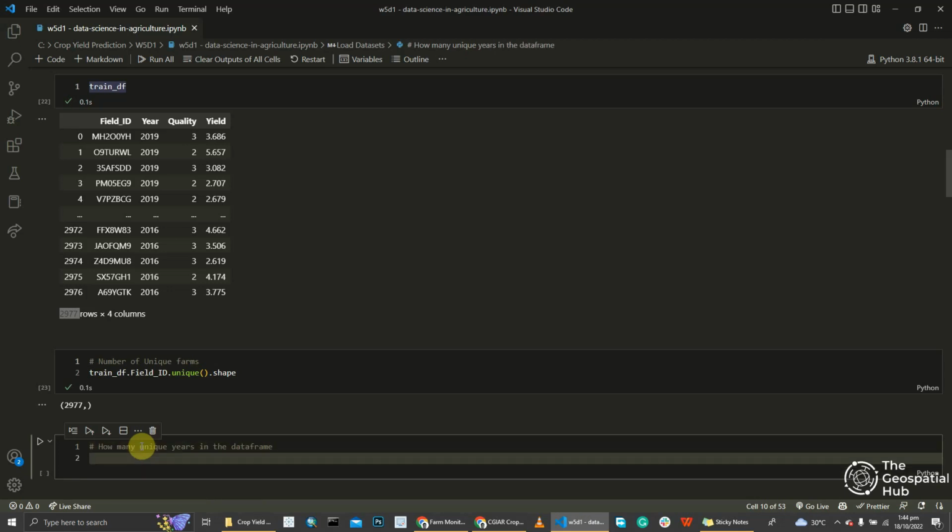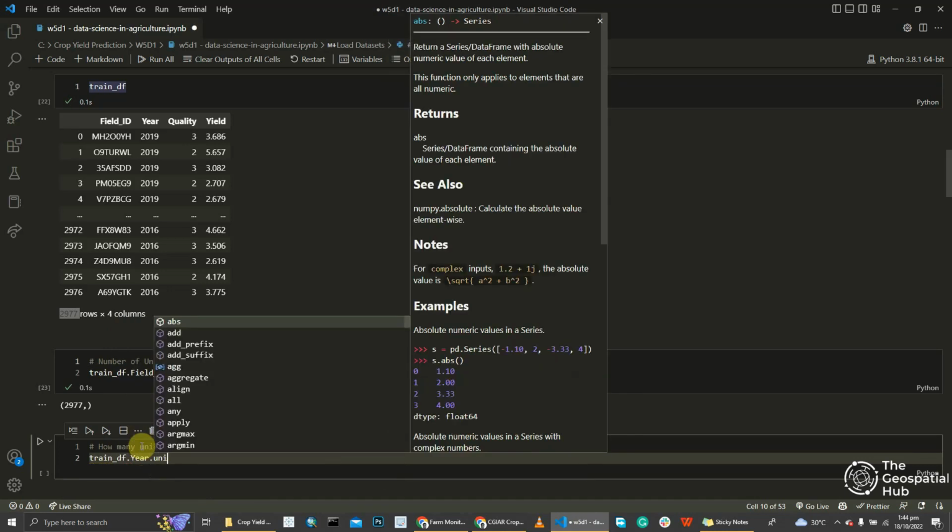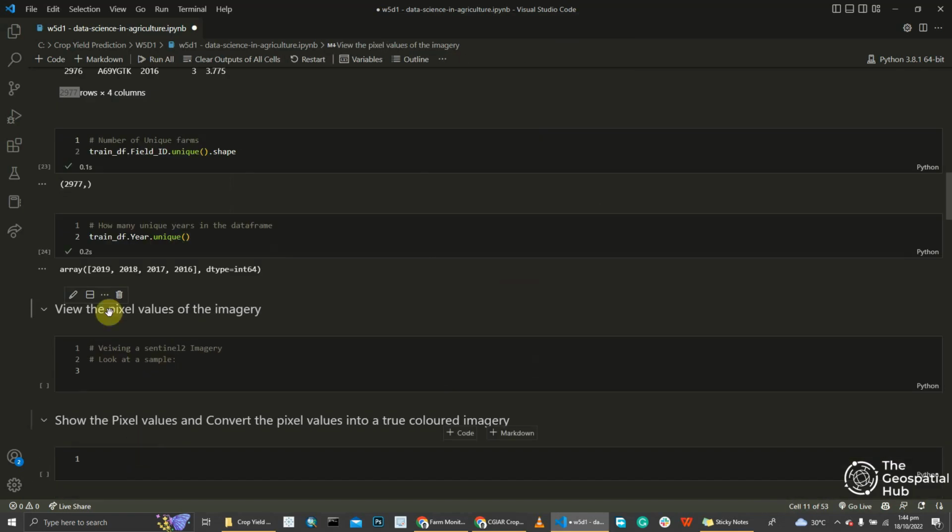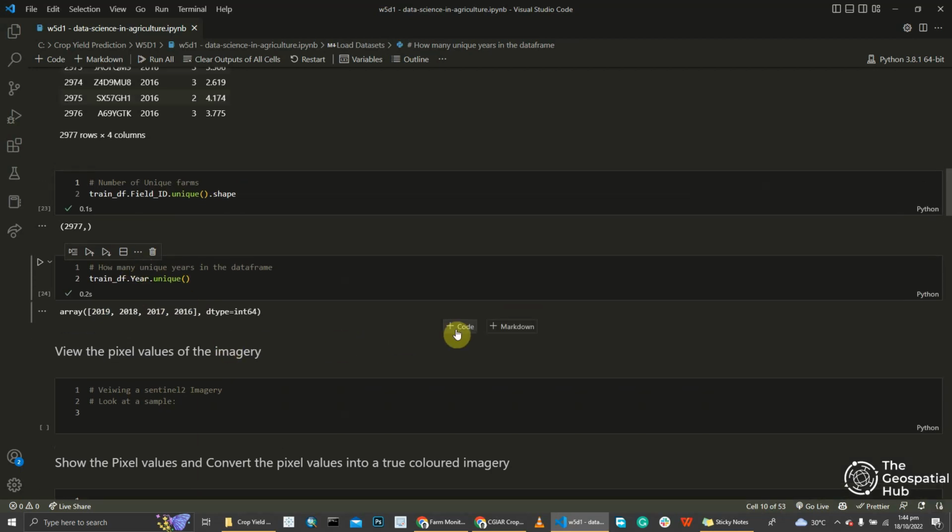So we could go with train_df.year.unique. Now it's telling me we have about 4 years: 2016, 2017, 2018, and 2019. We could also,